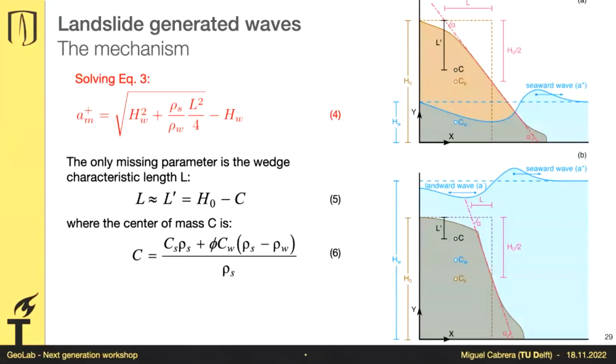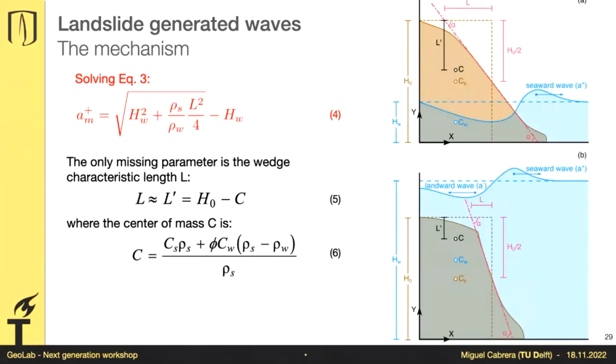And there is a way. Here comes the second assumption: this length L has something to do with the center of mass of the column. But this center of mass needs to be the compound center of mass. It's the center of mass of the granular column and the center of mass of the water table or the water level.